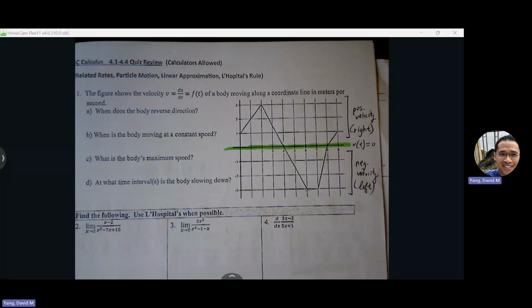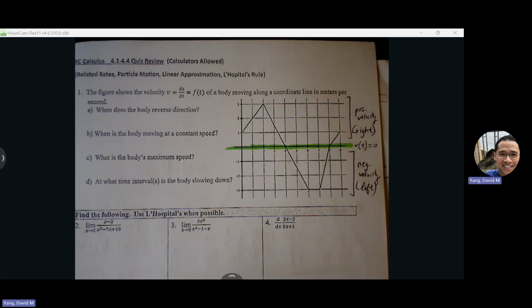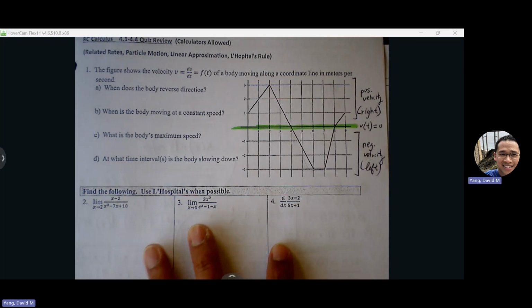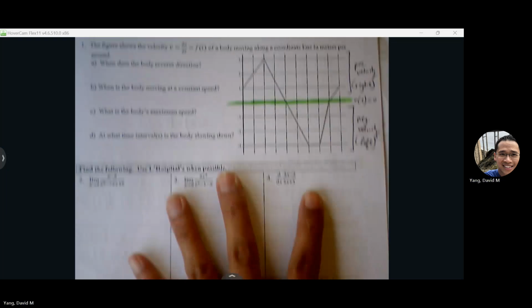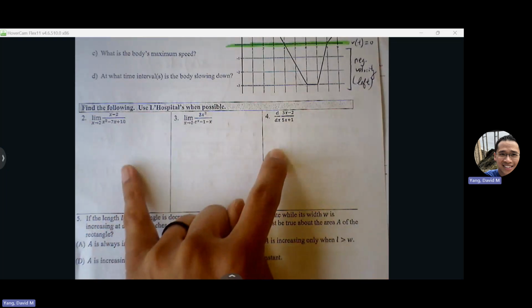We'll work through the quiz review today, and then if we get done with this, I'm going to pick out the problems that we didn't get a chance to do from the packet. Again, your quiz on Friday is going to cover L'Hopital's rule,